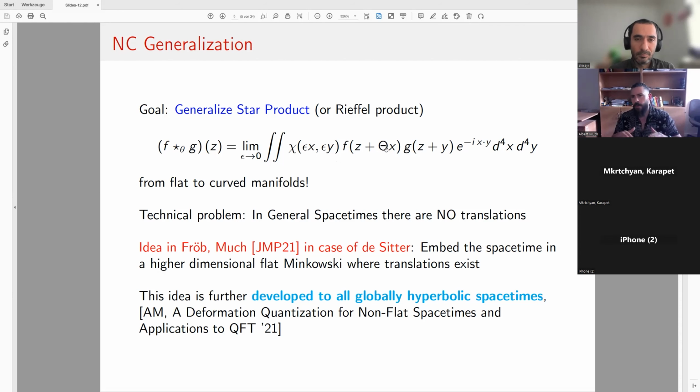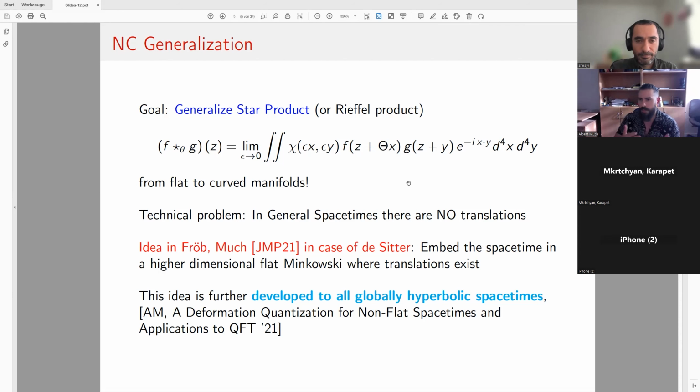But this is done for flat spacetimes. I don't know if you are mathematicians or not, but physicists say curved spacetimes, and mathematicians say non-flat manifolds. There's always a mixture of notation. Basically, Rieffel proved that whenever you have smooth actions that commute, which is always, you know, equivalent to a translation group in the end.